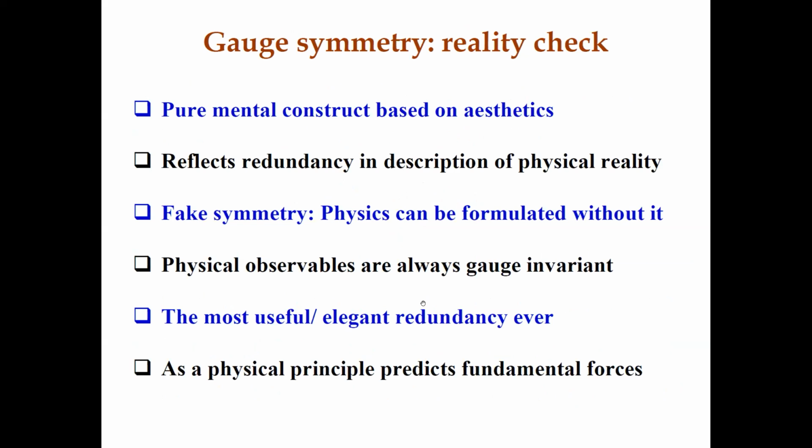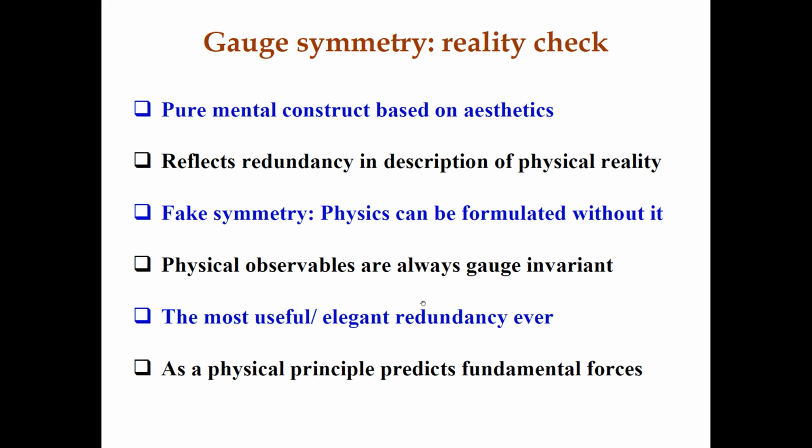So let me make a summary of the gauge symmetry. As you might have realized, gauge symmetries are a pure mental construct based on aesthetics, right? I just wanted to make a local symmetry because it looks good. So a gauge symmetry actually reflects redundancy in the description of physical reality, because once again you want to make different transformations at different points of space-time, and you want to call it a symmetry. So for sure you are having more in your theory than you should have. So it's actually a redundancy, and you can completely get rid of this redundancy